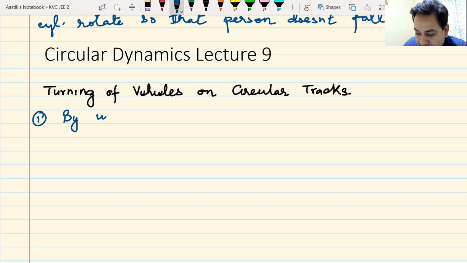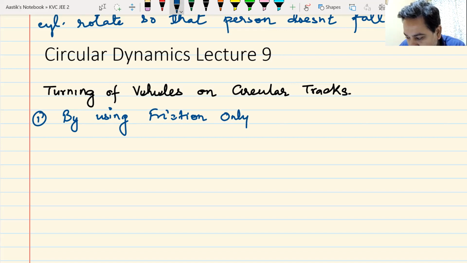by using our friendly neighborhood Spider-Man. By using our friendly neighborhood friction. Friction is our Spider-Man, by using friction only. By using friction only. What is this? How can friction help turn a car? To illustrate this, let us